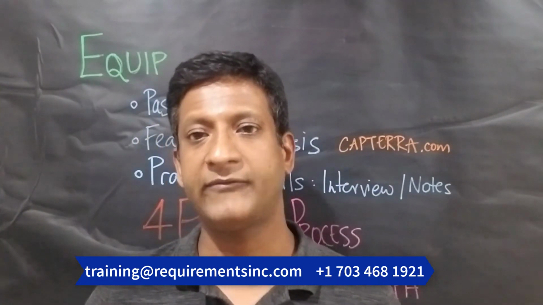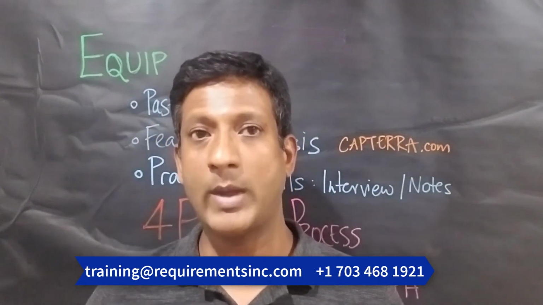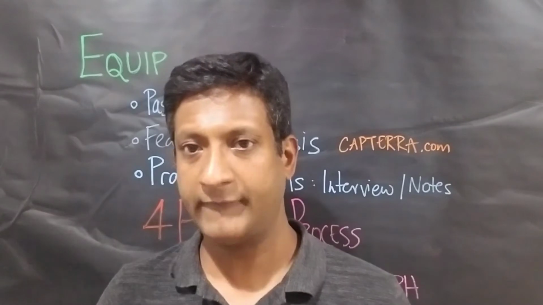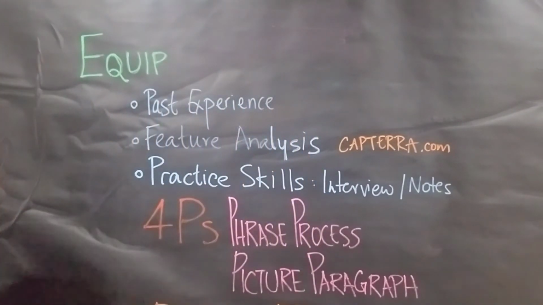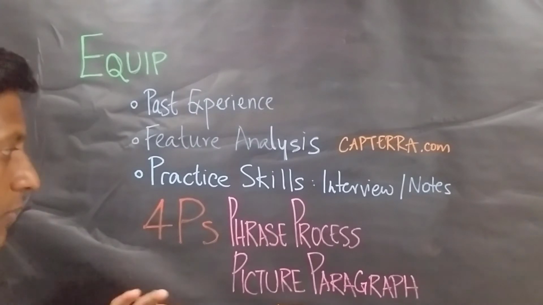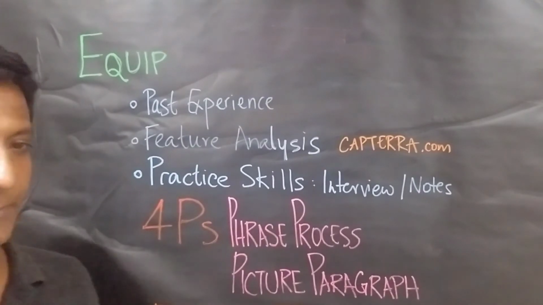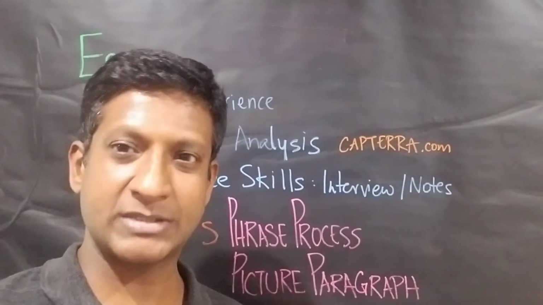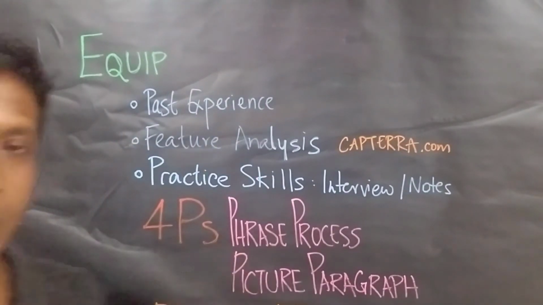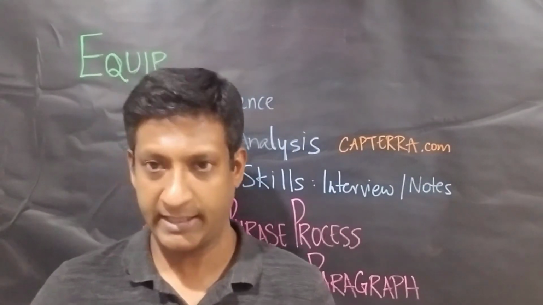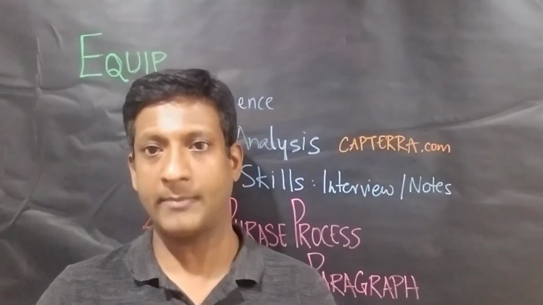Now, how can you identify other areas where you could put your BA hat on and work on your current job itself? I want to call these the 4Ps. Any analyst is going to look at things in a business analysis problem based on these 4 areas for the most part. First is the phrase. What is the key terminology in a business domain, in a problem statement?